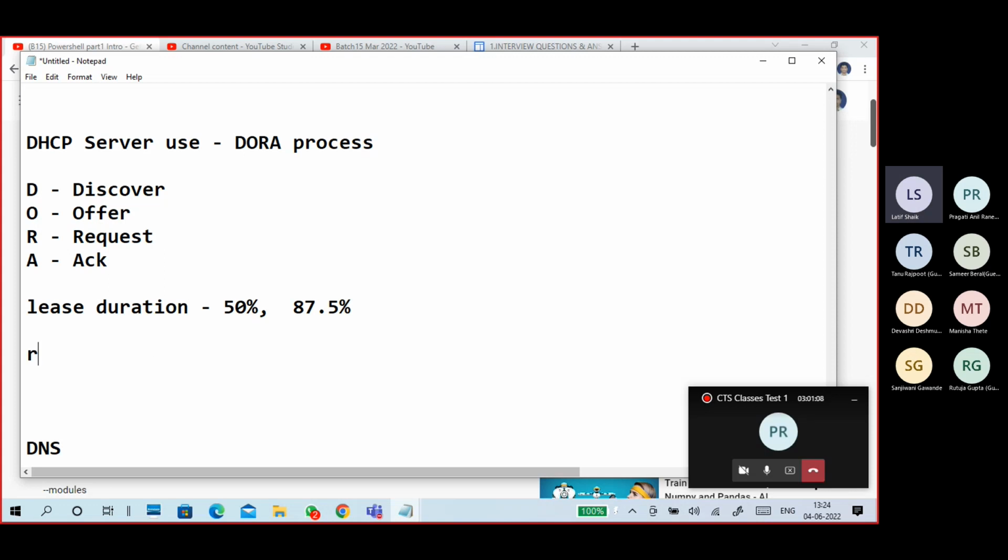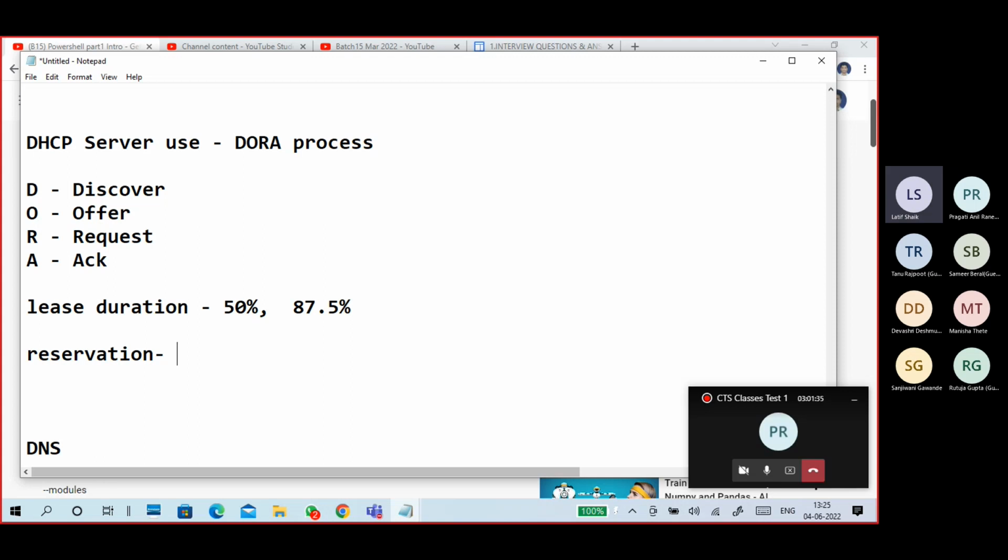Next part is reservation. What is a reservation? Reserve an IP address permanently to a PC. Normally in DHCP, with dynamic IP addresses, the client will get different IP addresses at different times.